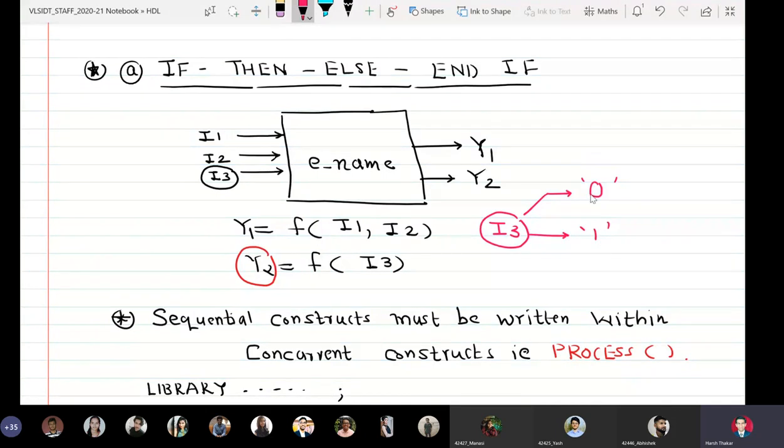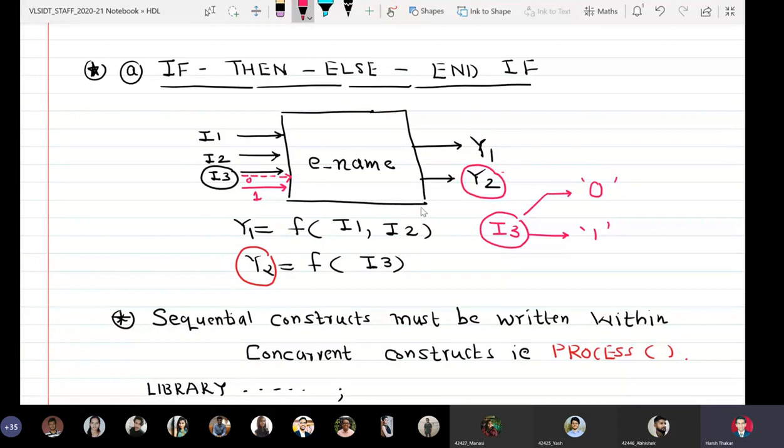Now if from the real world a 0 comes through this input line I3, then we are supposed to decide some value for y2, and if logic 1 comes at the input signal I3 into the system, then we are also supposed to decide what is the action to be taken on y2.